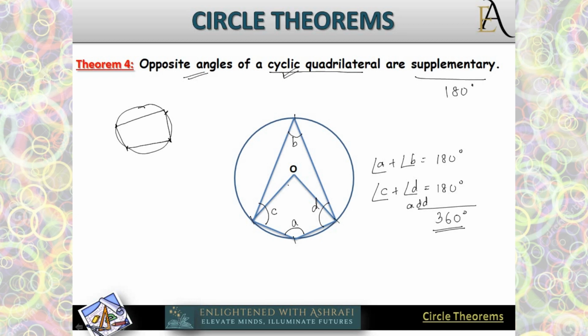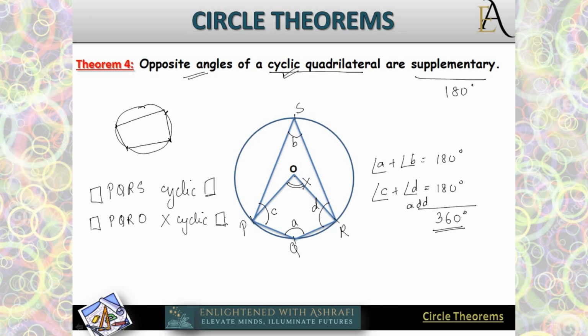If I have an angle that is at the center, then this will not be considered. Why? Because it is not on the circumference, it is on the center. So this won't be considered a cyclic quadrilateral. So for example, if this is P, Q, R, S, then quadrilateral PQRS is a cyclic quadrilateral, whereas quadrilateral PQRO is not a